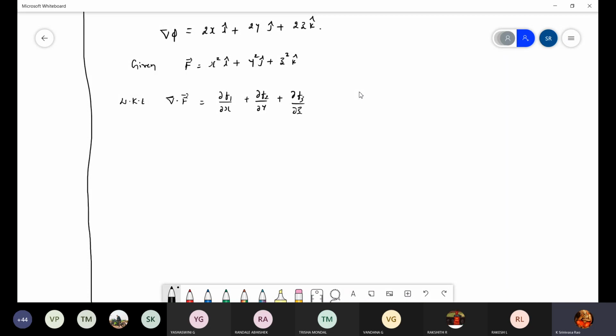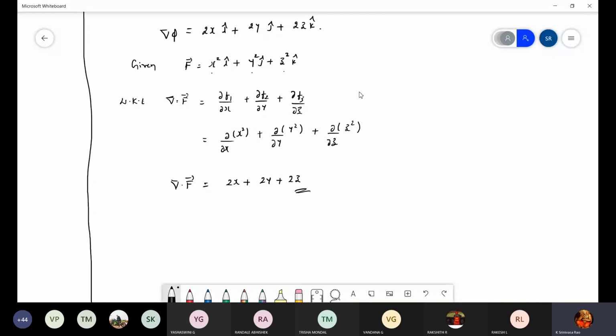Okay, so what is f1, f2, f3? First component, second component, third component. Okay, we will substitute. We will follow the same procedure. F1 is x square, plus dou by dou y of f2 is y square, plus dou by dou z of f3 is z square. See, with some confusion also, you should not write ijk in divergence. It is a dot product. Okay, so the final answer is div f equals 2x plus 2y plus 2z. Okay, this is div f.